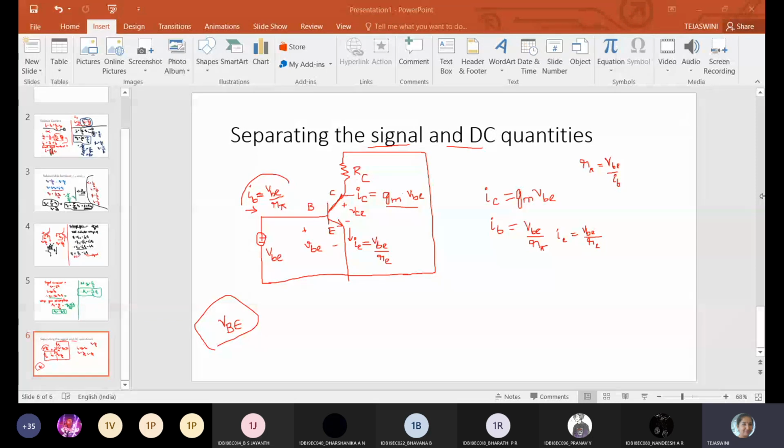So the simple topic left out is the hybrid pi model. It is already time up, so we'll take up the hybrid pi model in the next class. If that completes, small signal operation of BJT is over, and BJT is completely over. And the second half of module 1 is again the MOSFET. We need to study MOSFET biasing and small signal operation. That is also like this. We are going to study it.